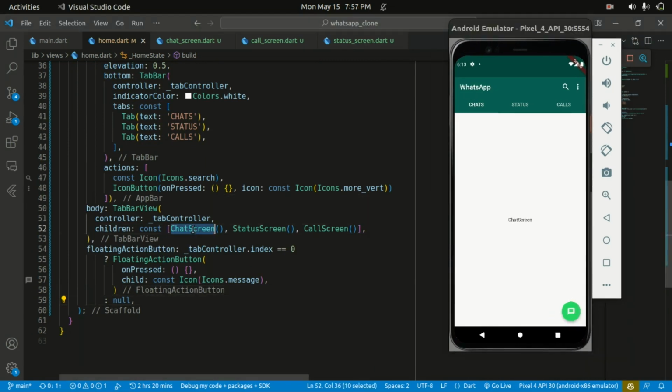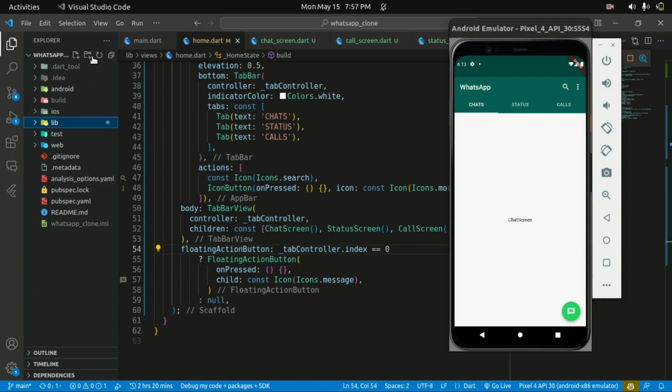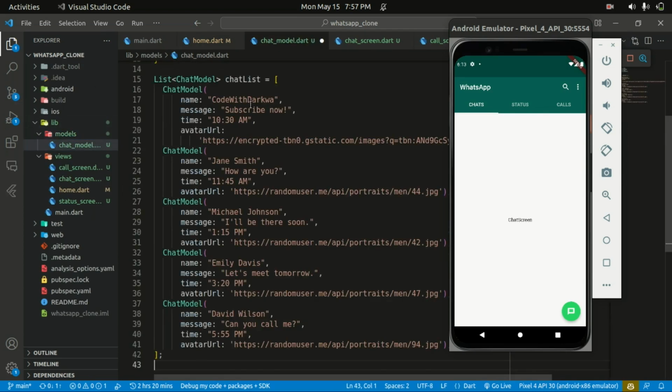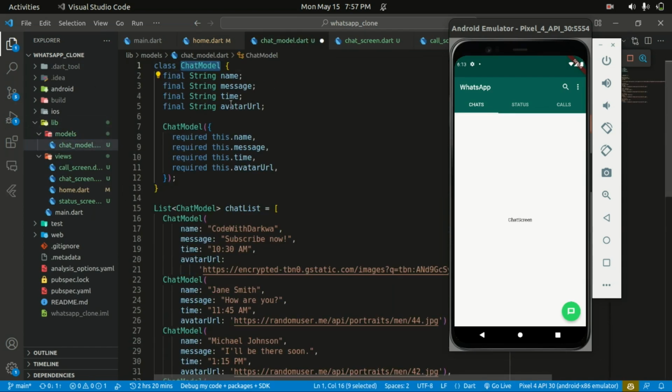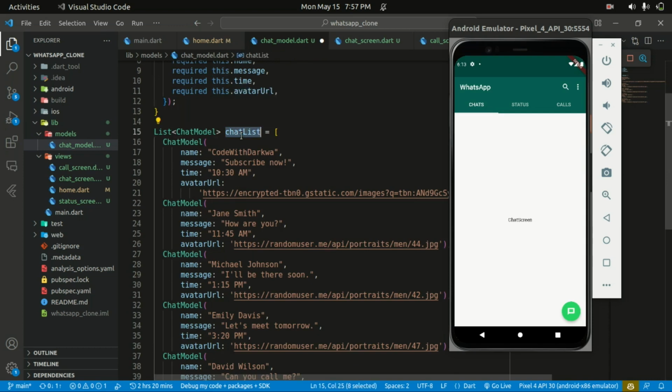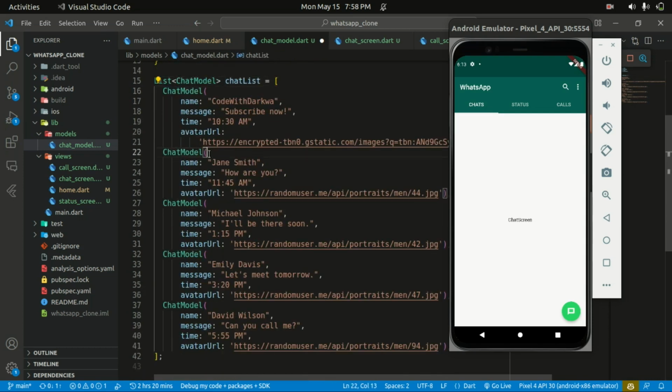So now we need to build our individual screens, the chat screen, the status screen, and also the call screen, right? In my lib folder, I'll create a folder known as the models, and I'll create a file. In here, we're going to have our chat model. Without wasting time, I'll just paste in my chat model over here. That's going to take in the name, the message, the time, and also the avatar URL, and we require that in the constructor as well. In here we have a list of chats, right? Passing in the name, the message, the time, and also the avatar URL. Once you have that set up,